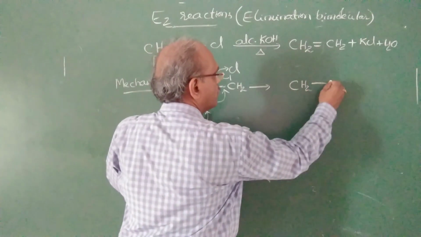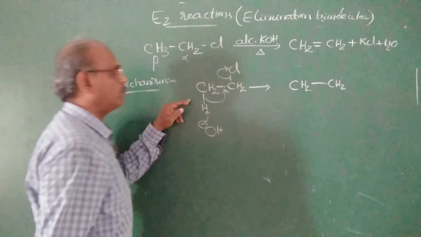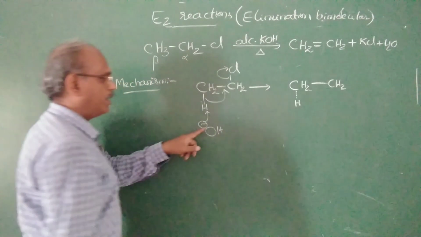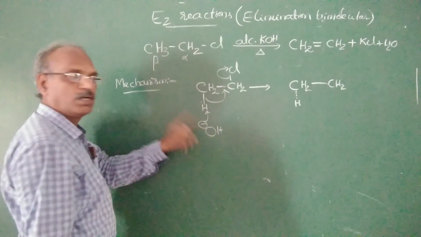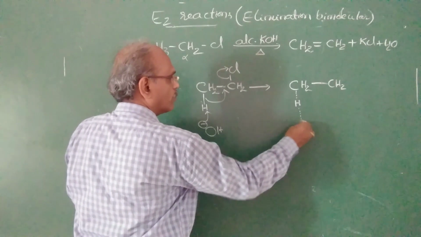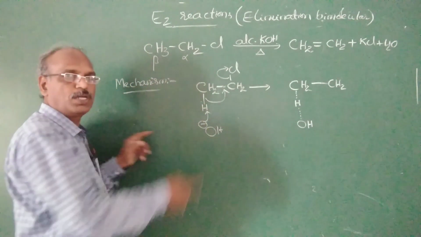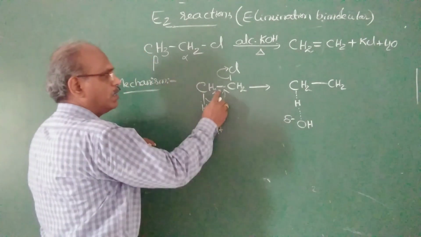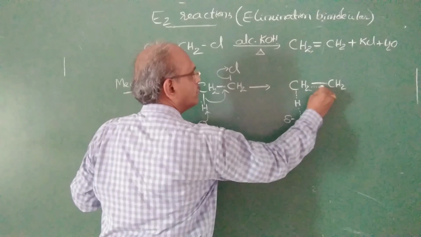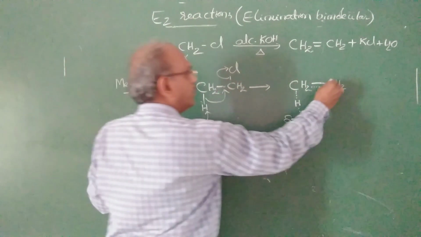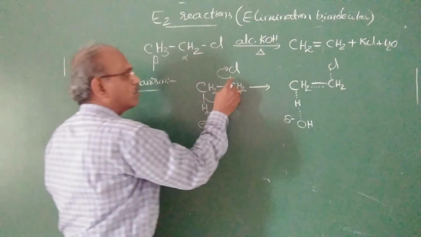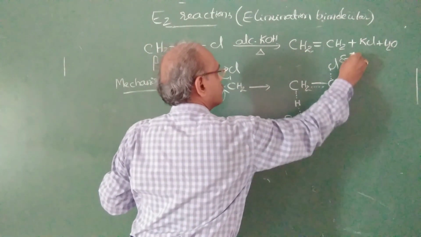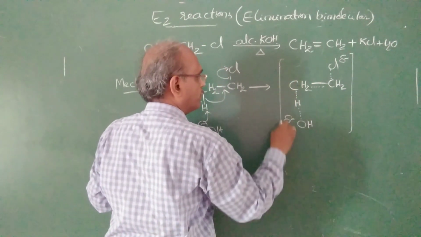See, already here a single bond is there. Here this bond is breaking, and a bond is forming between the base OH minus and hydrogen. Because of donation of charge, here the magnitude of charge decreases, delta minus. Here a new bond is forming, and this bond is breaking, and these electrons are moving on to the chlorine, so this gets delta minus. So this is the condition.